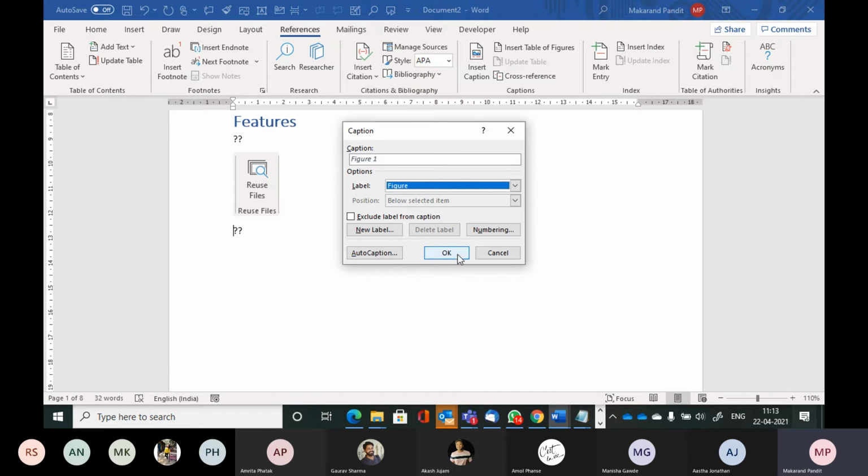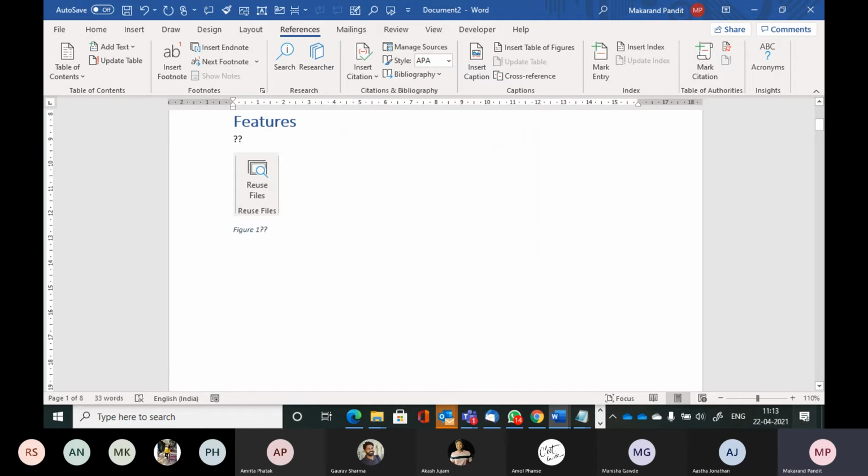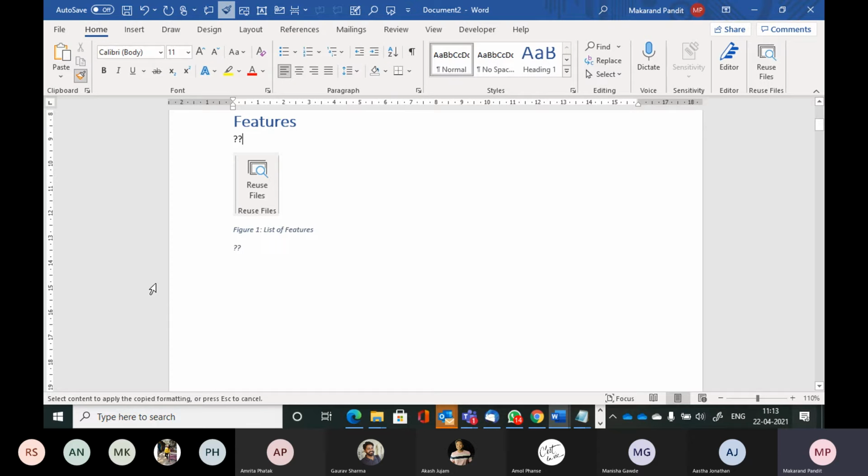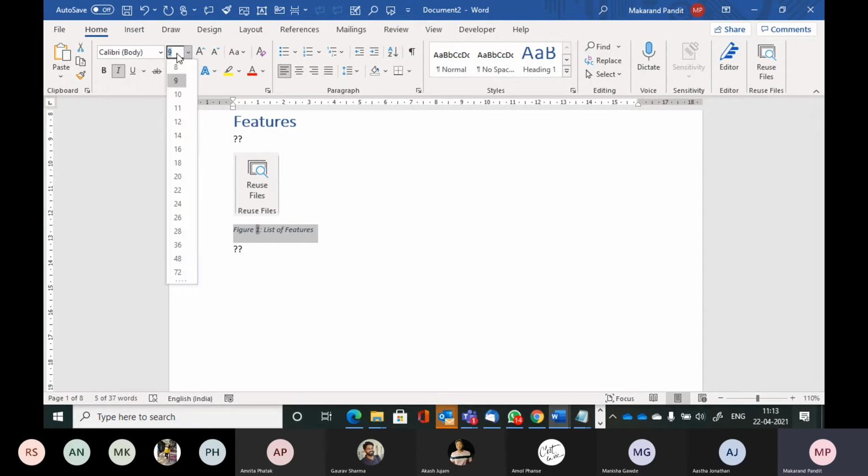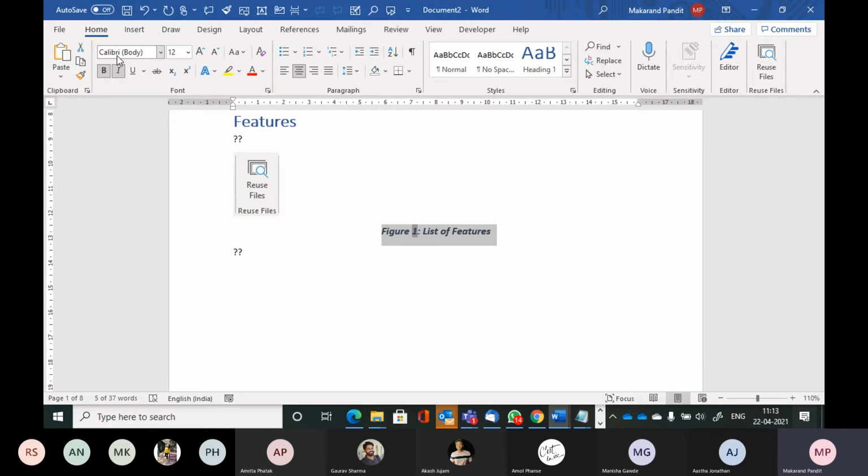So I'll say, okay, figure 1, and I'll say whatever. So this is list of, yes, it's a very stupid caption, but for the time being, take it as a placeholder. All right. Oh, this thing got modified. Now, ideally, these 2 question marks that you are looking at should be of body text style. All right. Anyway, I'm sure you'll be able to figure that out. And figure caption, I'm going to increase the size. So I'll say 12 and bold and center line.